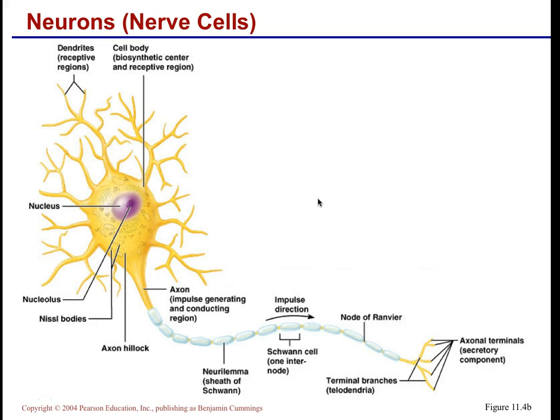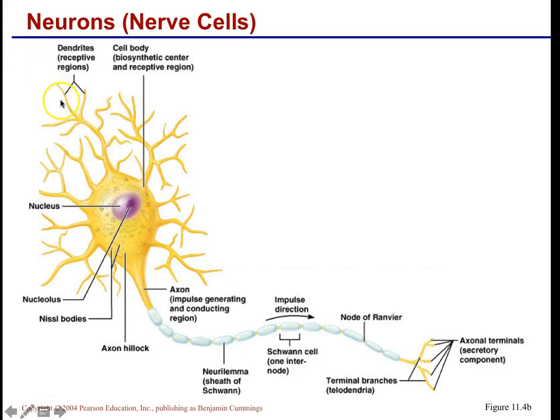So you have a lot of branching, both here and at the nerve ending. They don't show too much branching at the nerve ending, but there is. You can see some. And this tree-like branching means that it can communicate with a lot of neurons, because essentially the beautiful thing about the brain is you have millions and millions of neurons that branch, and they can talk and have very complicated conversations because they are so highly branched at the beginning and at the end.